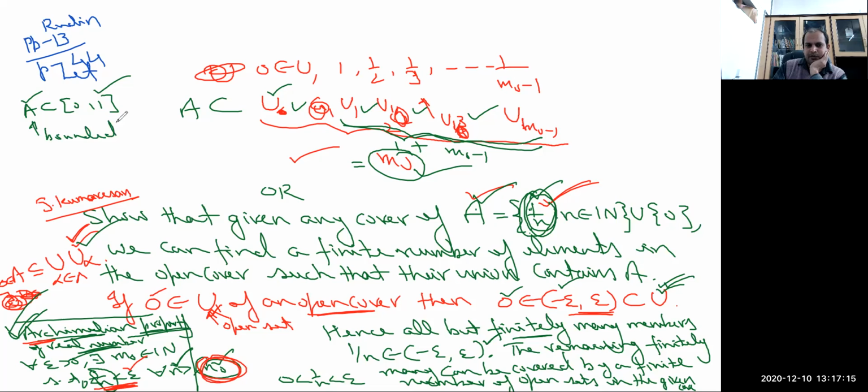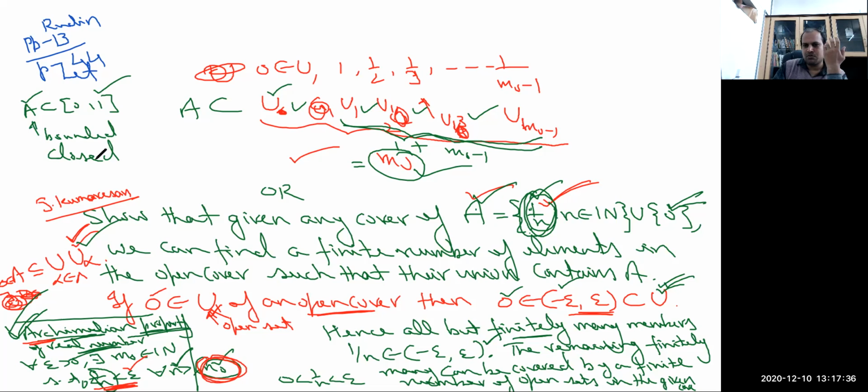The limit point of this set is 0, which is already there in this set. We have already seen in an earlier lecture that the limit point of the set 1 by n is 0, which is already present here. So this set is closed also. So using the Heine-Borel theorem, I can say that every closed and bounded set is compact. So this is by using the result of the Heine-Borel theorem.